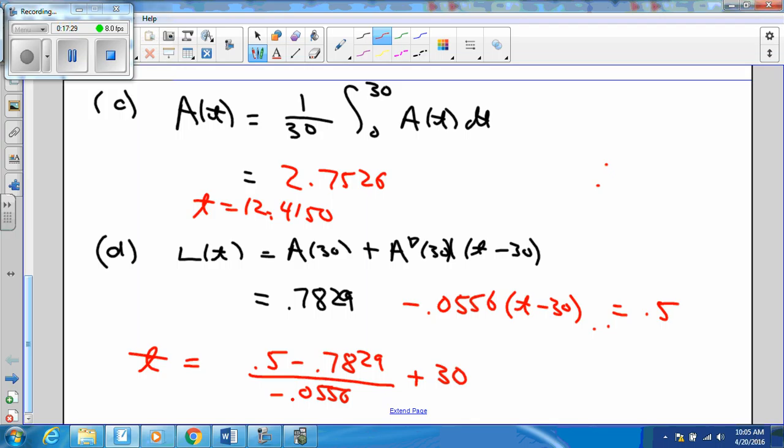This is algebraically the answer. You can see how I got that, right? Subtract both sides, divide and fold. When I actually evaluated this, what I got was t is equal to 35.0518 days. That's what it is. Now in the answer key, when you take a look,